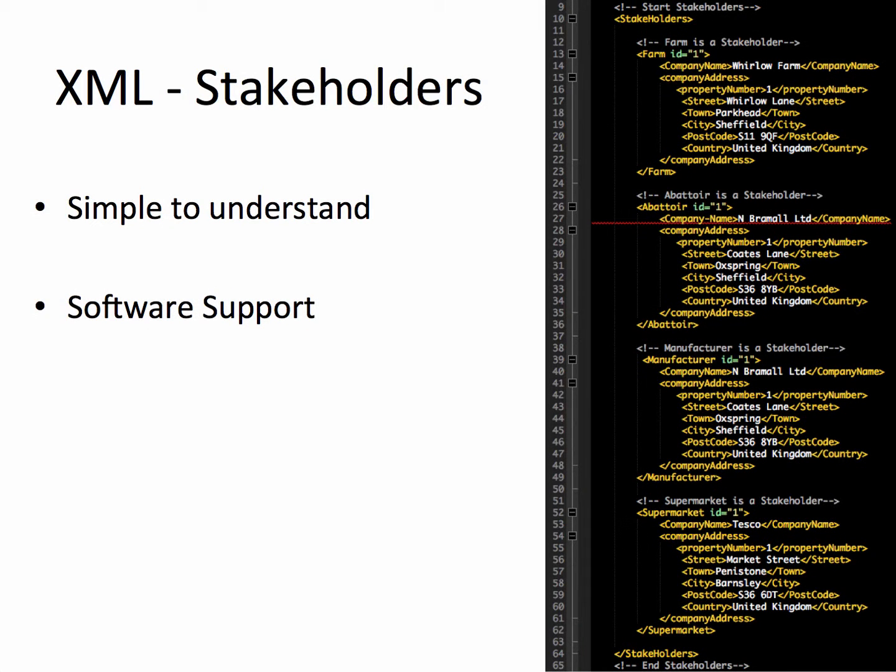This is my initial XML, and I've created a hierarchical relationship within stakeholders of food fraud. So for instance, we've got farm, abattoir, manufacturer and supermarket. Now I found the XML simple to understand, and the software I used had the ability to help me define